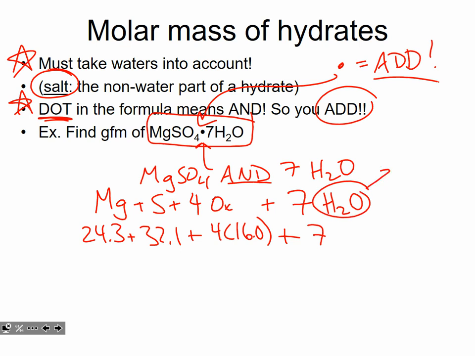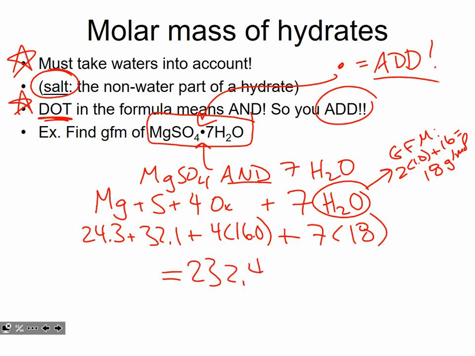Well, what's the gram formula mass of water? Well, it's 2 hydrogens, so that's 2 times 1 plus 16 for the 1 oxygen gets me 18 grams per mole. So I'm going to do 7 times 18. And when I simply sum all of those together, I get the gram formula mass of the hydrate, which is 232.4 grams per mole. And there we go. There's the gram formula mass of the hydrate. So again, the big point in this is that the dot means add, and the number out in front of the waters, that's an important number. You're going to have to multiply the mass of water by that number